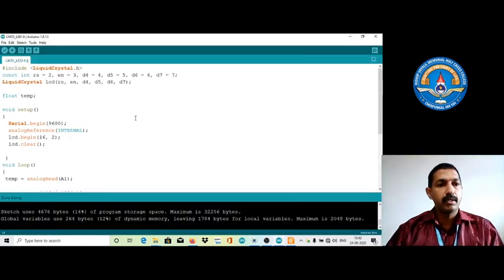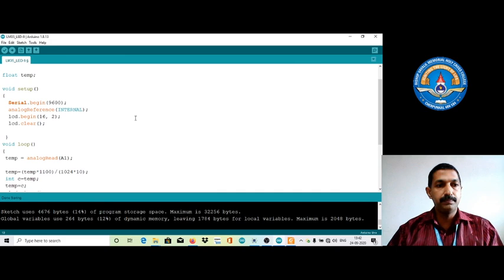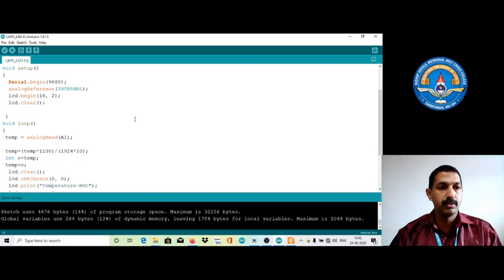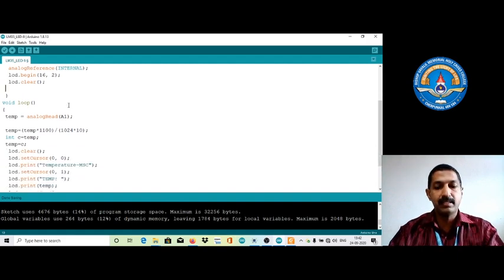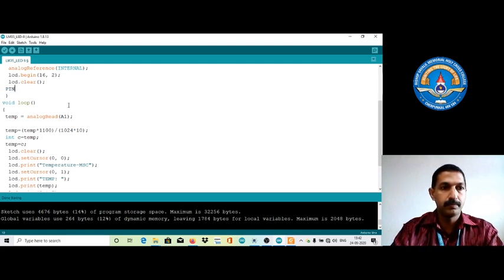Next we need to add two LED bulbs to check whether the temperature is high or low. We need to add two pin modes. I'm using pin 13, comma, output.